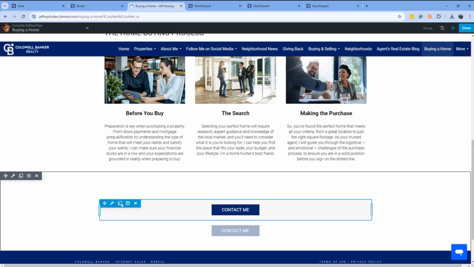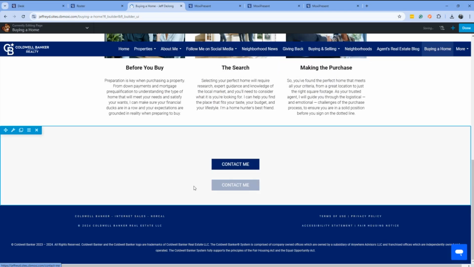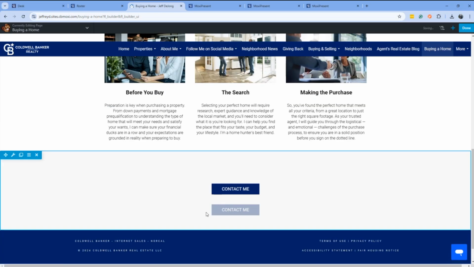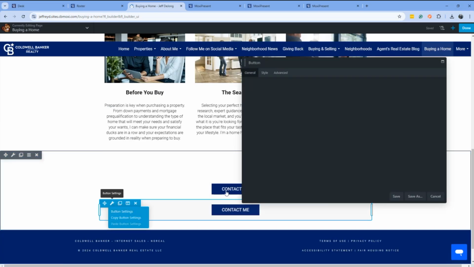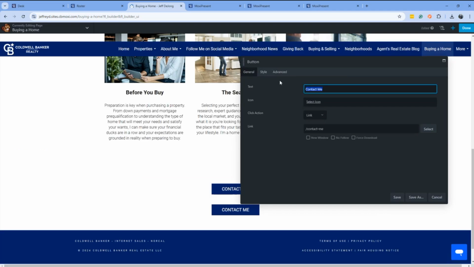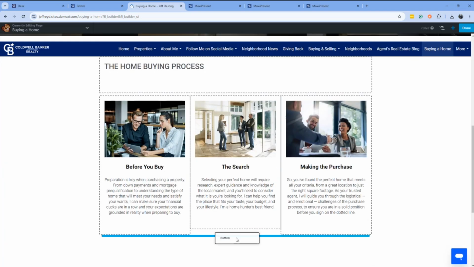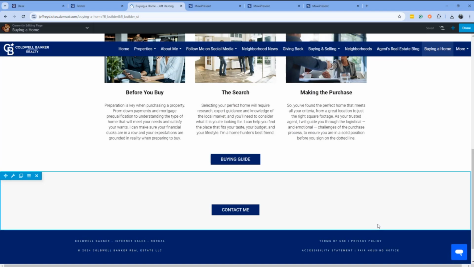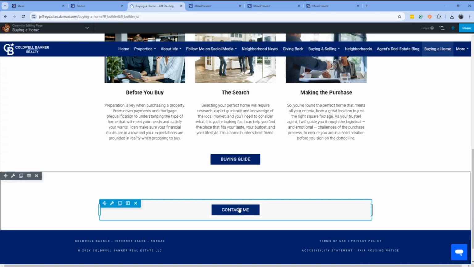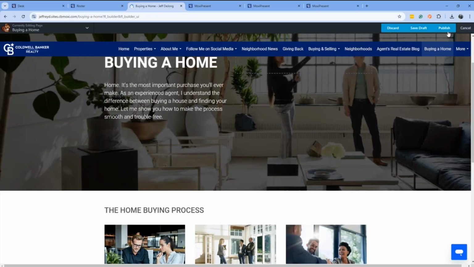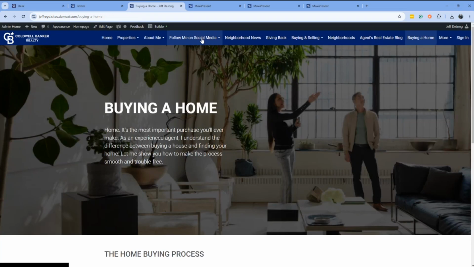In this case, I'm going to go ahead and duplicate this Contact Me button. I'm going to adjust the settings, view my buying guide, replace my URL, have it open in a new window, and then click Save. And again, I might reposition this guide. I do want to make sure that I update this Contact Me button again. So I'm going to click Done, Publish,